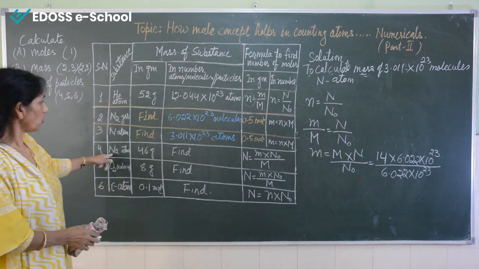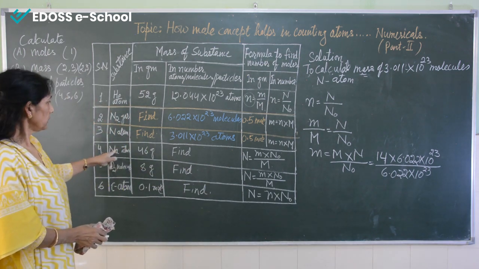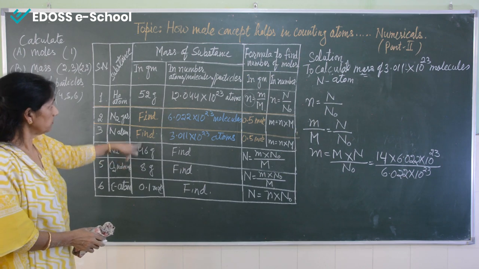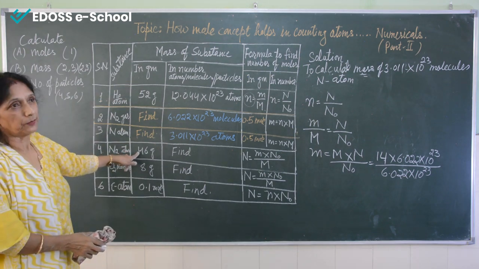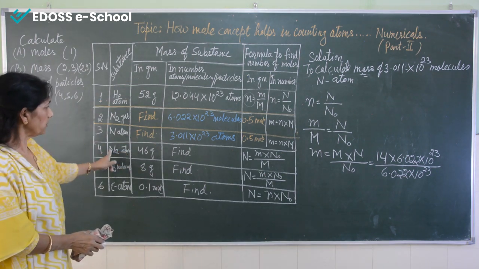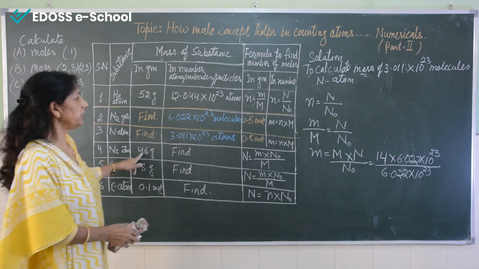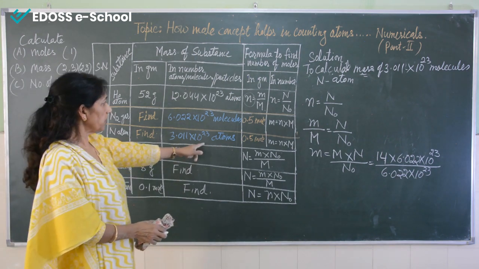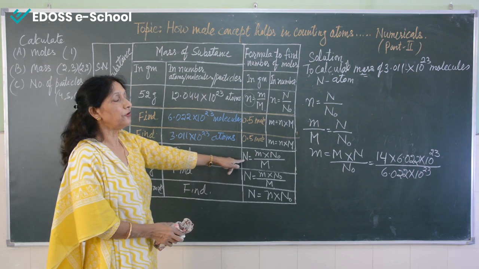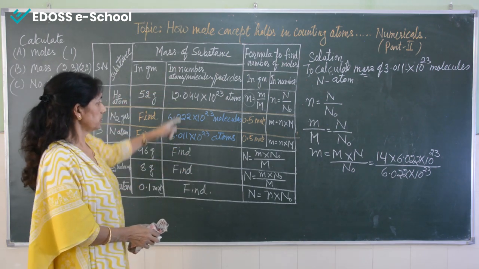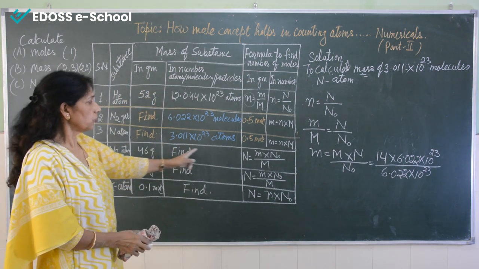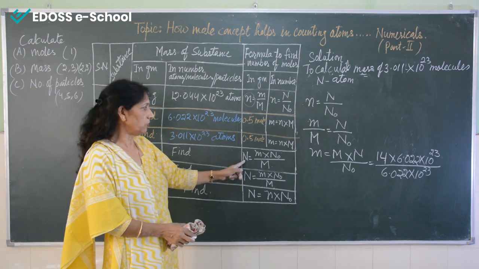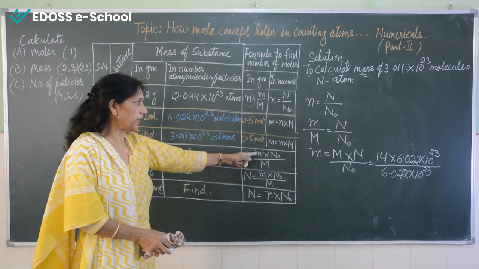Now see, if you are talking about sodium atom, same way, the mass of sodium atom is 46 gram, and we have to find the number of particles. Capital N you have to find here, this number of particles. So in the same way, what we will do, now see,